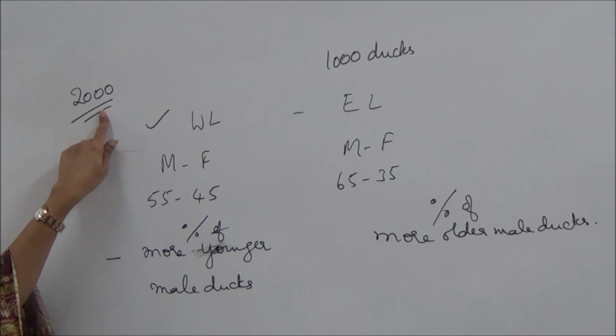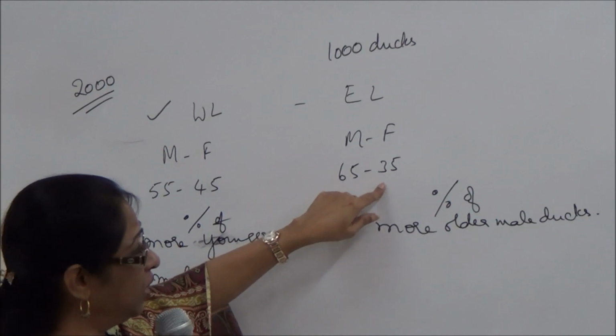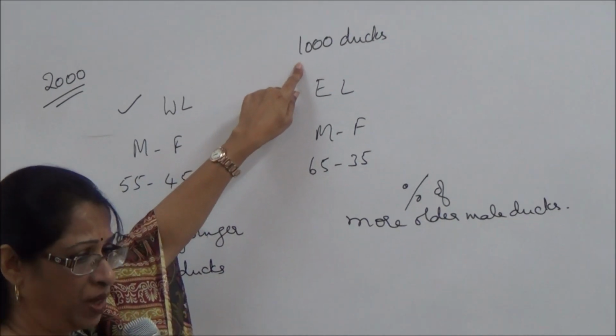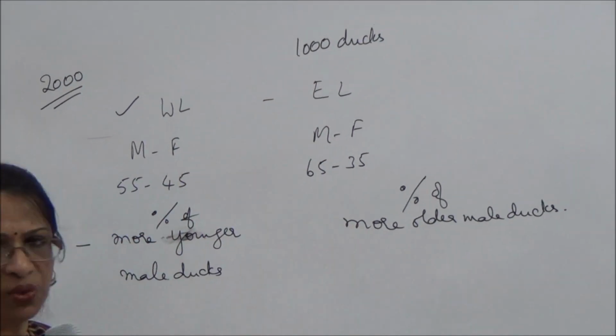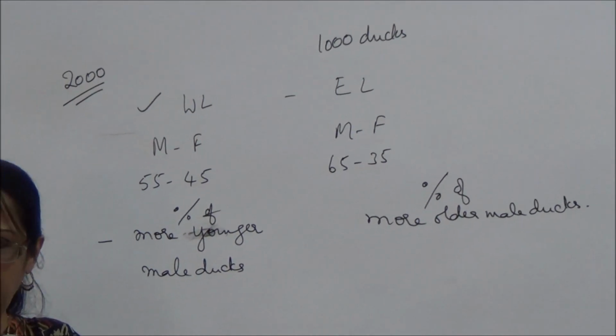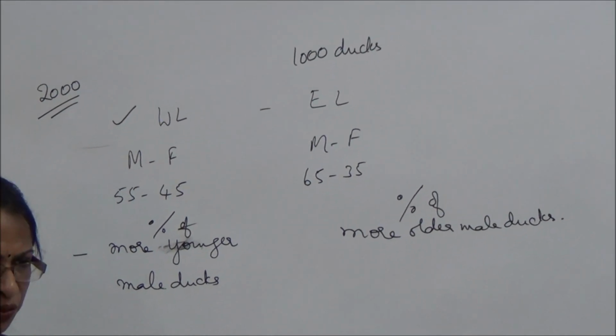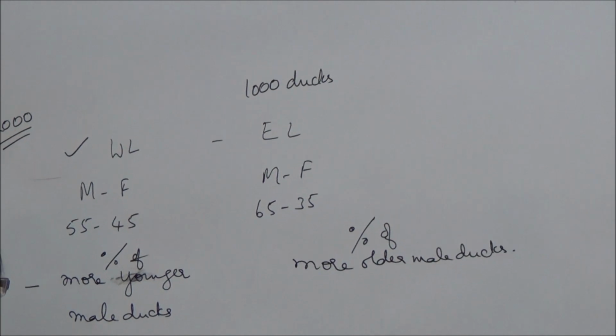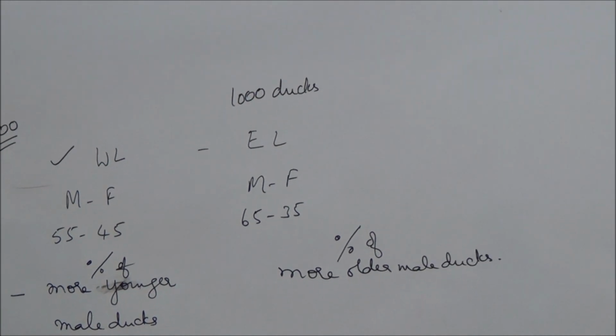1100 male ducks. Here 65 is to 35, 650 male ducks. You got that? So you see, you cannot infer the numbers. Percentages and numbers should not be confused. For example, if I were to say